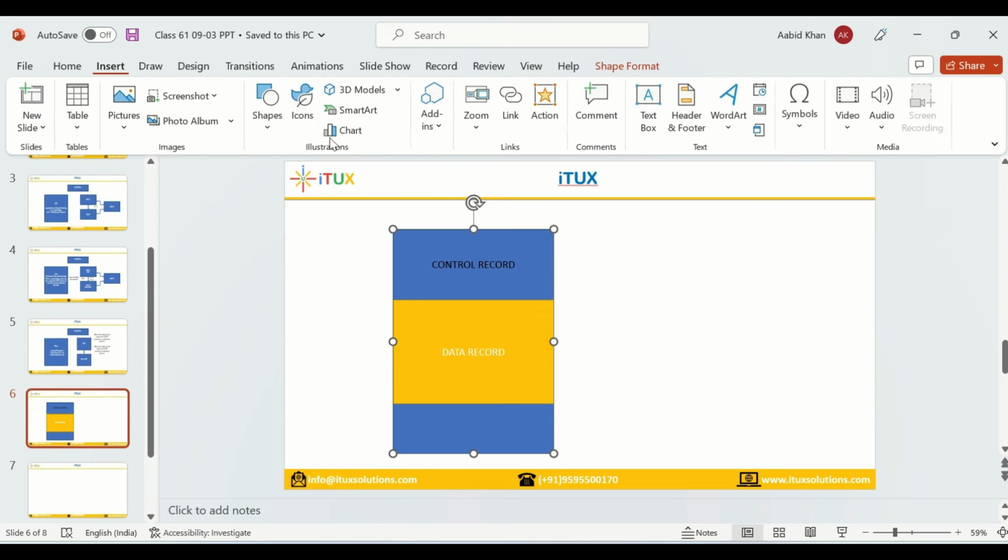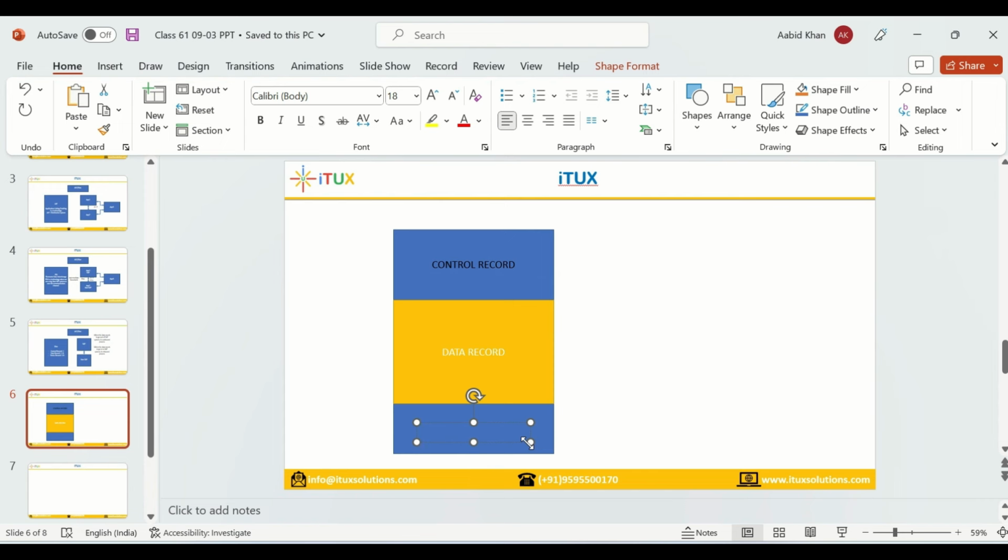Then you will have what? You will have in the end have what? Status record. So in the status record, what exactly the status of the data being transferred. Okay,